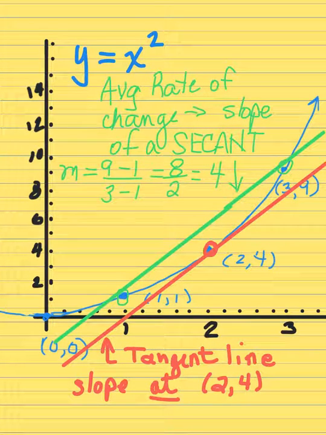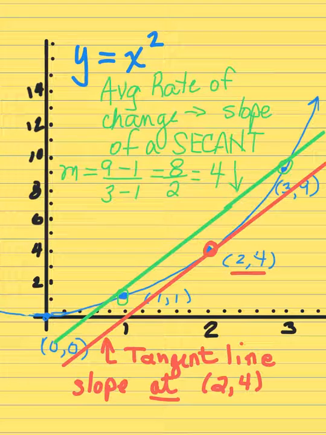And that's not as easy as finding the slope of the secant line, because I only have one point. So what we're going to do in this little pre-lesson is talk about how we could perhaps use the slope of a secant line to estimate the slope of that tangent line. And the way that we're going to accomplish this is we're going to slide the points closer and closer and closer to